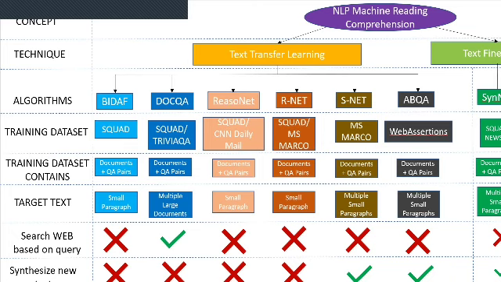But for the transfer learning part, as you can see, I have 6 different algorithms. Microsoft Research has been working on these algorithms for a very long time. Apart from that, the Allen Institute for AI in Seattle, with whom we partner quite a lot, have in fact been at the forefront of bringing all the research out. So in collaboration with these two research labs, we have been able to come up with all the latest and greatest ways in which you can teach a machine how to answer a question correctly.